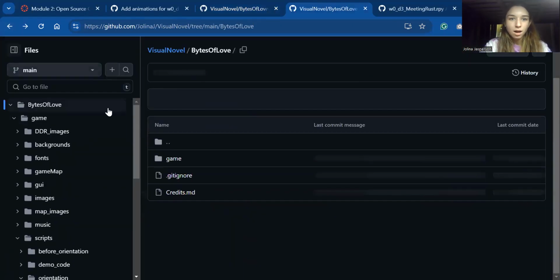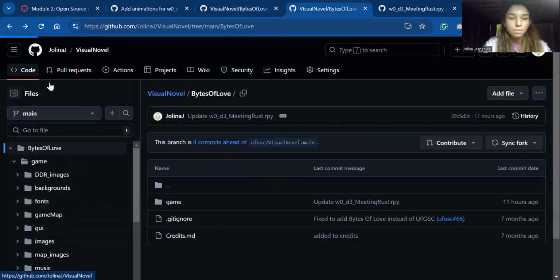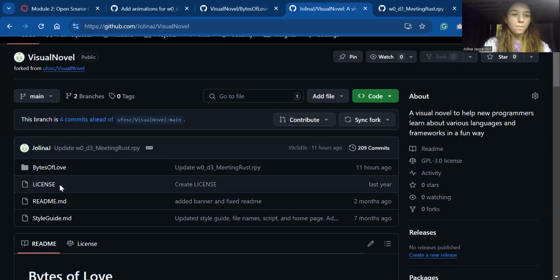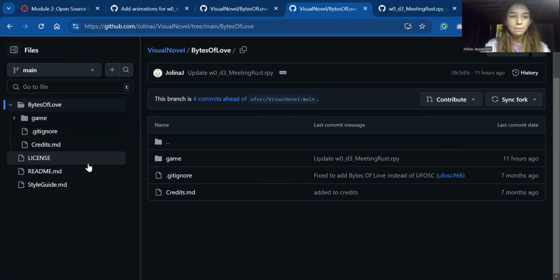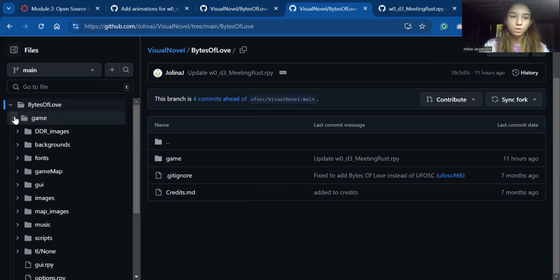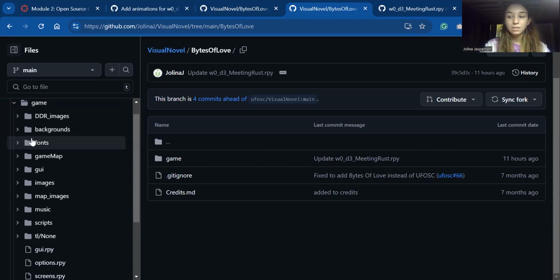We can see, in the main code section, there's the license, the README, which contains useful information for how to run the game on your device, and the style guide, which contains useful information for how to contribute to the project. Opening the Bites of Love folder, we can see the game folder contains all of the assets, so